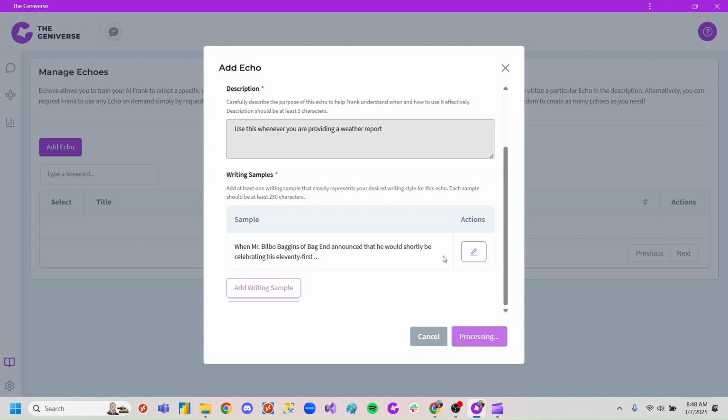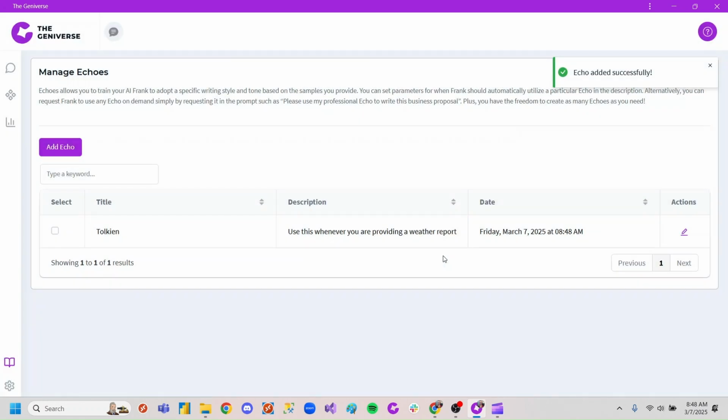And so that's going to be important to how you utilize this moving forward. And again, as I mentioned, echoes can be used in a variety of different things. This isn't just for chat. You can use it in your spaces, your views, in creations and a number of other things. However, today I'll just be showing you calling it in chat, but just know that this does apply to other